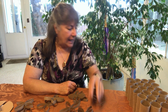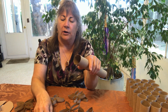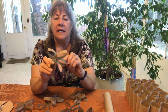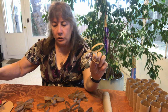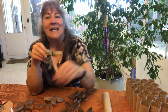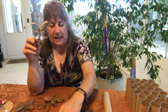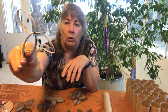So I went ahead and I cut. Now you can use either toilet paper rolls or paper towel rolls, it doesn't matter. I cut a whole bunch of rings about less than 1/2 inch wide, and I created flowers. So I went ahead and with my hot glue gun, or you could use Aleene's tacky glue if you want to hold on to it for a few minutes to get it to dry. It is better than a regular white glue, but I'm telling you, a hot glue gun is the way to go. And I made, let's see, I've got 5, 6, 7, 8, 9, 10, 11 or 12 of these floral